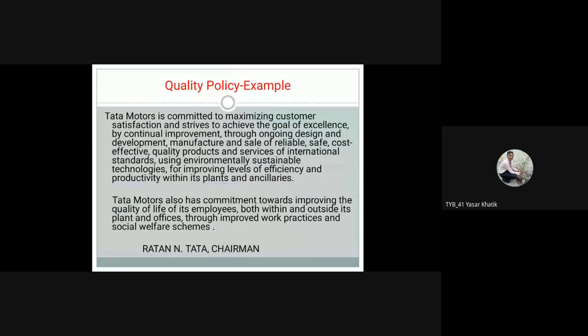Okay, so that is one of the schemes they are running under this social welfare scheme, Tata Distance Ready Engineer. Like this, they are doing a lot of activities in our country. So this type of quality and this type of commitment, all the organizations have to follow. So the next point is quality